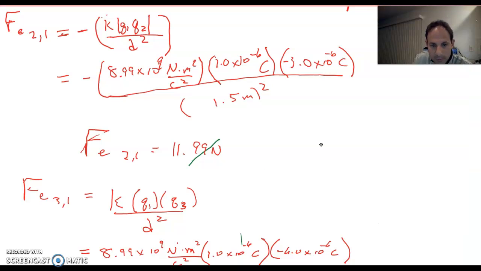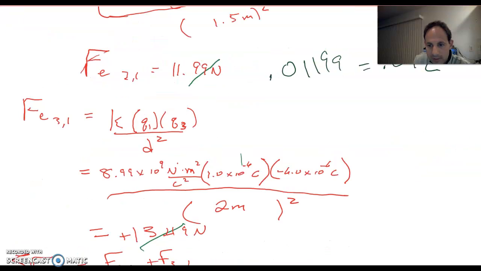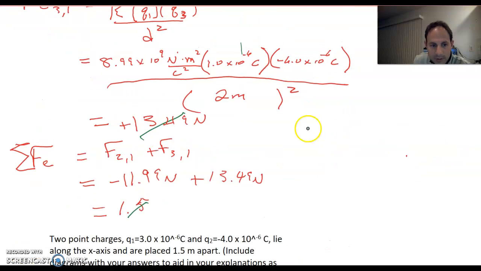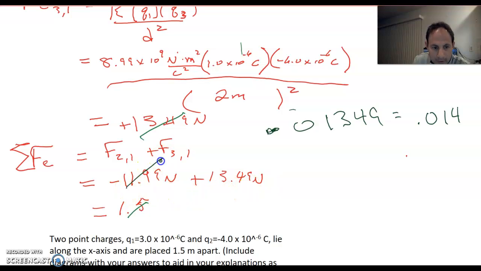This should have been 0.01199 or 0.012, right? And then by the same token, this should have been 0.01349 or 0.014, and then when you go to add them, you should have negative